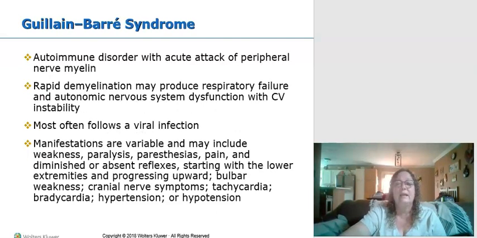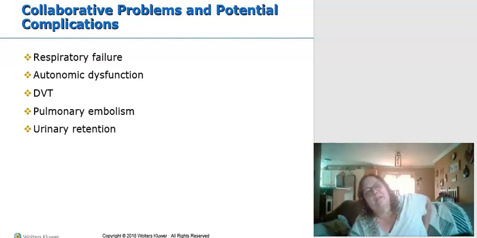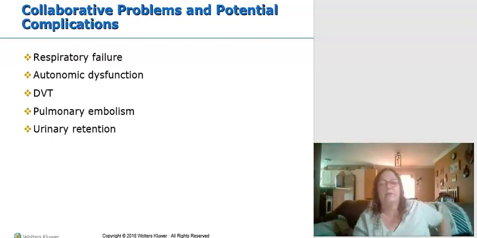One point I missed, which is rather important, and I apologize, is that Guillain-Barré often follows within a few days or weeks after the patient has a viral infection. So your body goes and fights that, and then it kind of, I won't say overreacts, but usually that's the triggering cause. All right. So potential complications can be respiratory failure, autonomic dysreflexia,